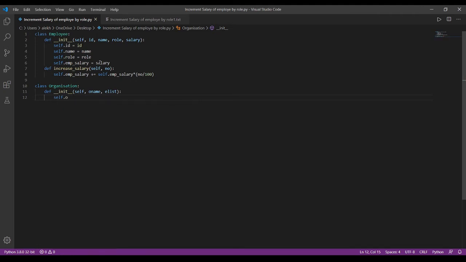Organization name, that is org_name, is equal to O name. Next, self.employee_list is equal to e list. Okay, here we initialized the organization name and employee list to the variables of the class Organization.